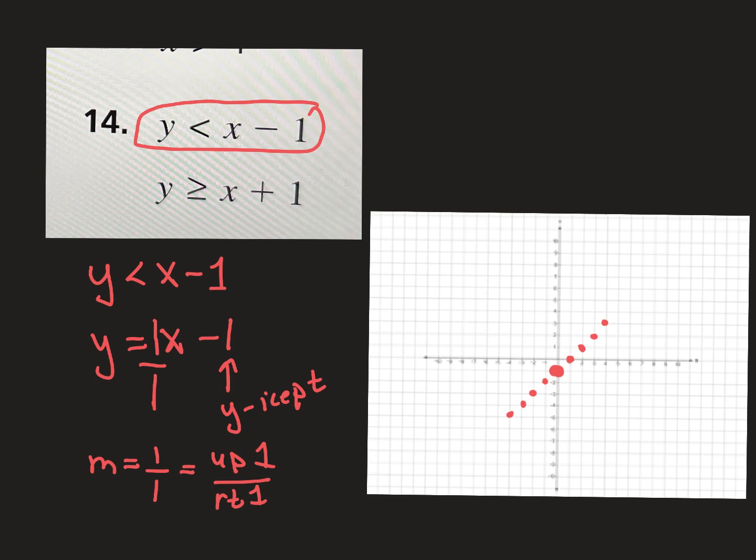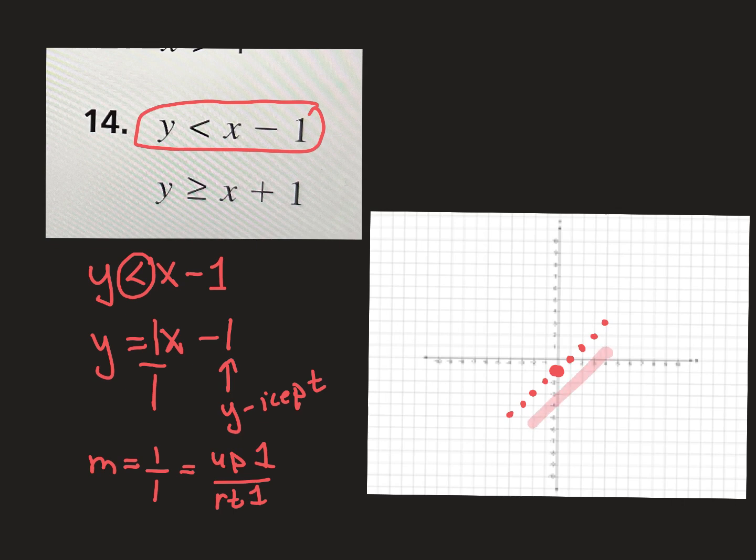And now comes some decision-making time. I got this less than symbol here. So the solution region for this inequality has to be strictly less than the line. In other words, less than means smaller than. So I go to the spot on the y-axis where my numbers are less than the line. Like -10 is definitely less than that point right there. So that tells me where to shade. So I'm shading below